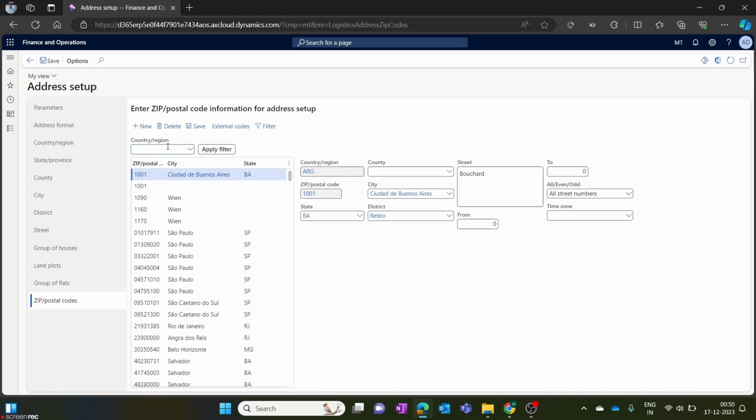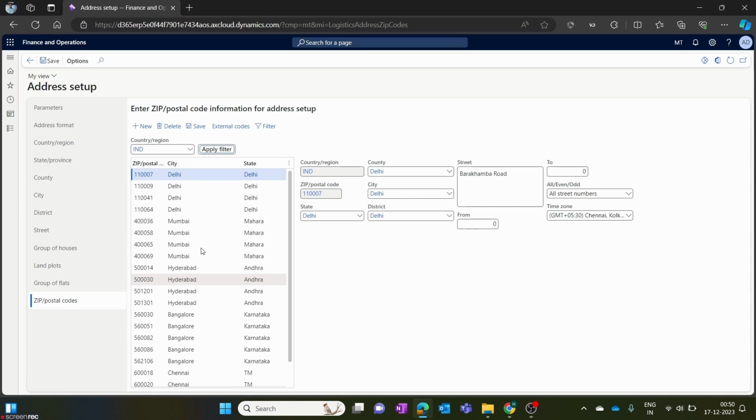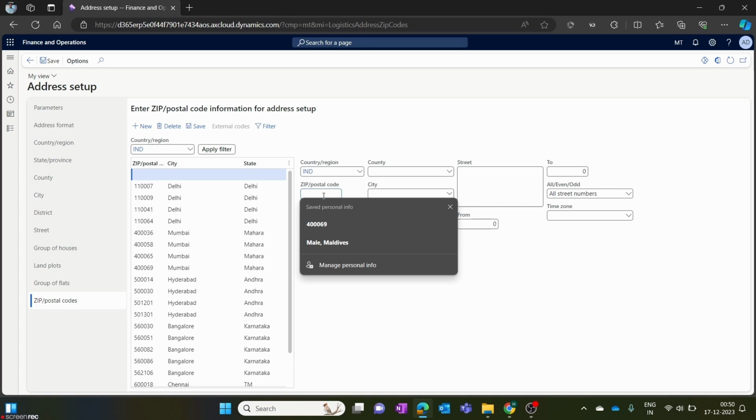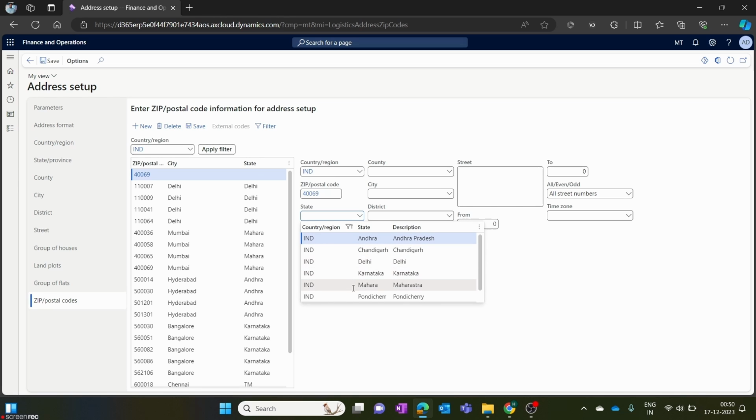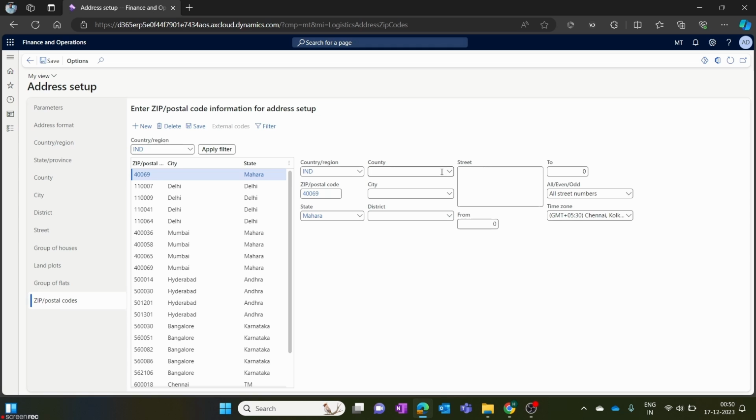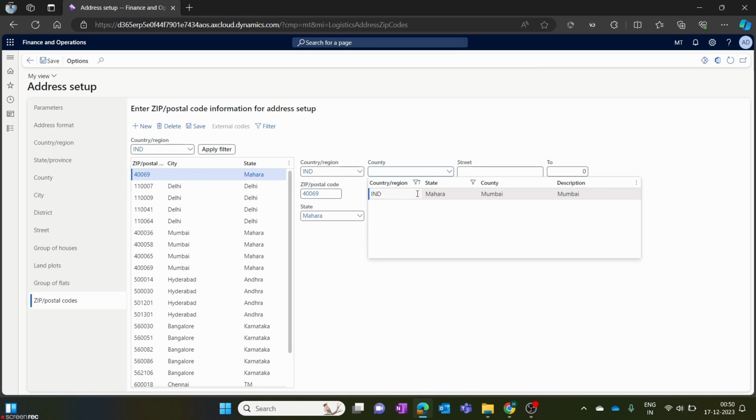So again I need to select India over here, click on this apply filter. Here we have Delhi, Mumbai. So for Mumbai we have only 4 zip codes, so let's create a new zip code. I click on this option, enter my new zip code, select the state as Maharashtra, select the country as India,